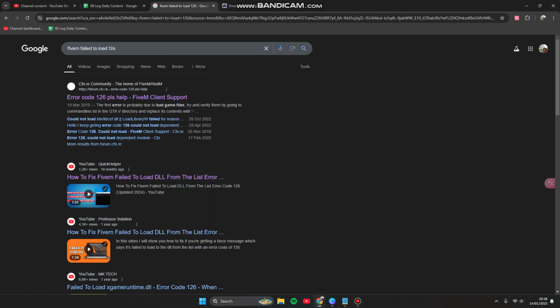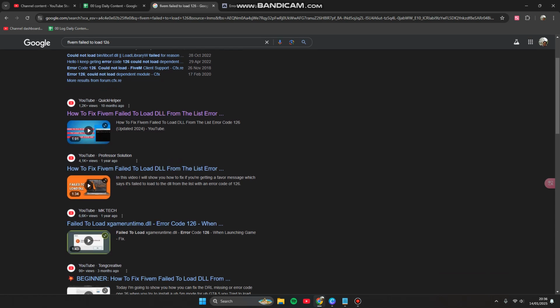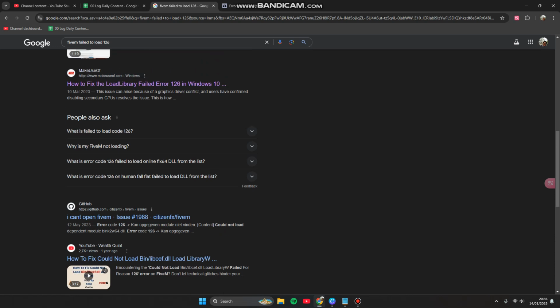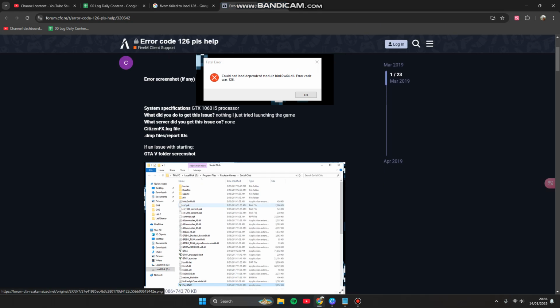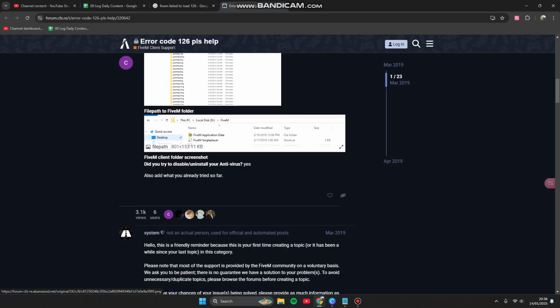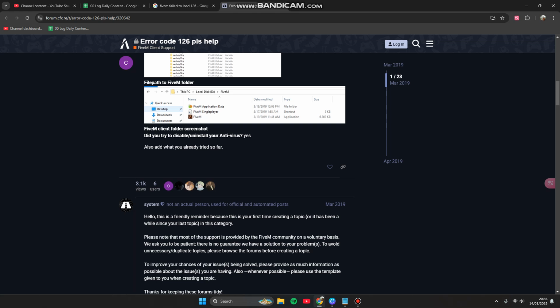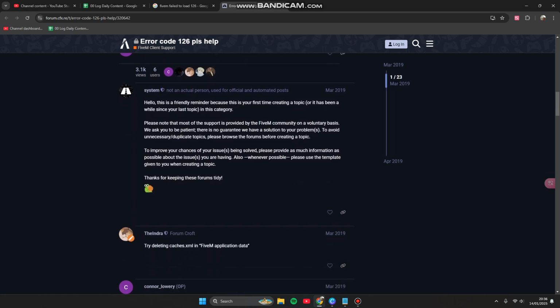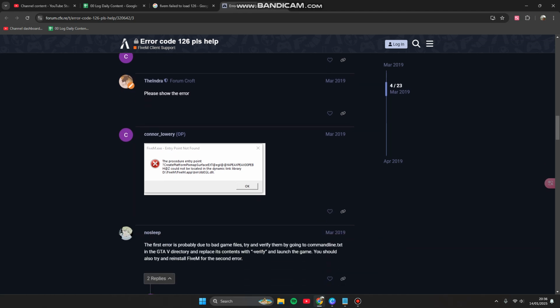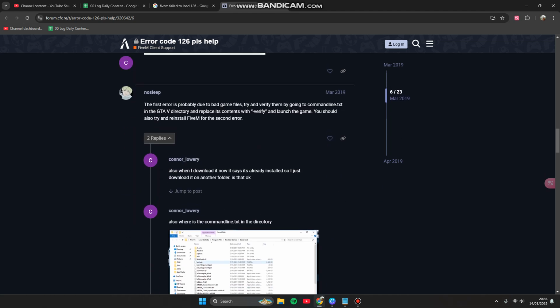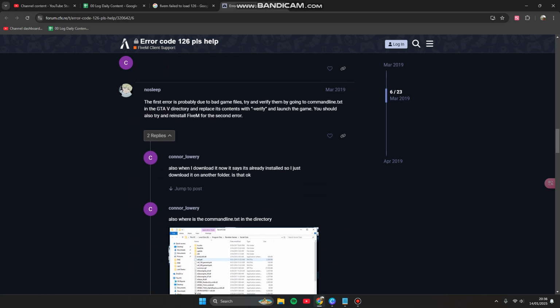Today I'm going to show you how you can fix the FiveM client support error code 126. So there are some methods out there that you can try. For example, you can locate your FiveM folder. You can try to disable or uninstall your antivirus first and try to relaunch the application or relaunch the software or games. If that doesn't work, and you encounter that error every time you launch the app, you can try to